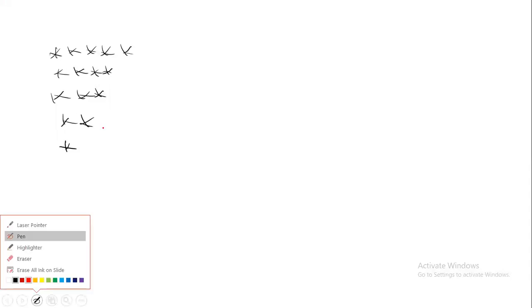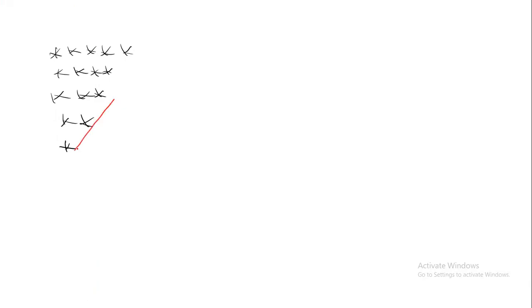Yes, I have to draw a star pattern like this. Whenever you get a star pattern, you have to draw that imaginary line, right? So this is that line. Now, what's the line equation of this line? The line equation is i plus j equal to n minus 1. This is the line equation.